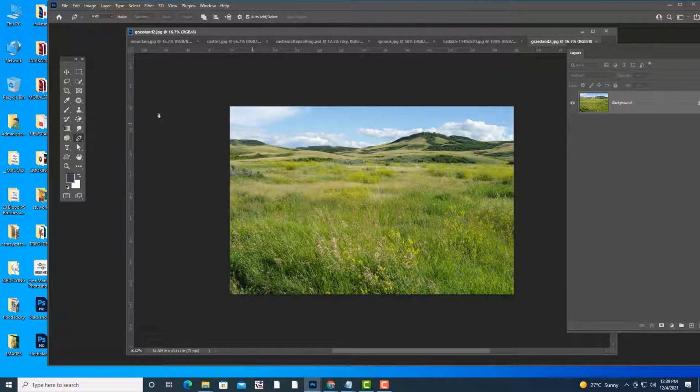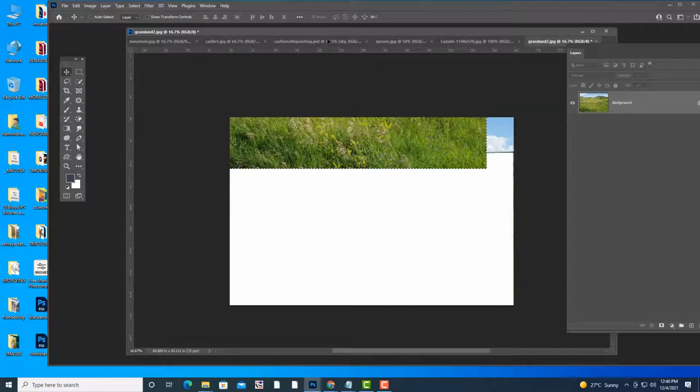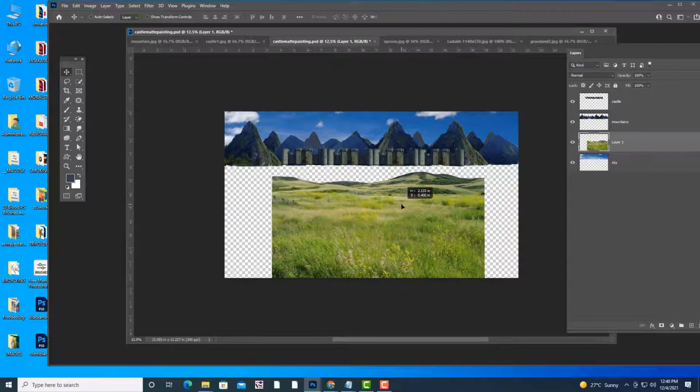Let me select the grassland with the path option. Just click here. You can use the pen tool or the lasso tool, or the polygonal lasso. Control Enter. Then we will simply drag this and keep it here.